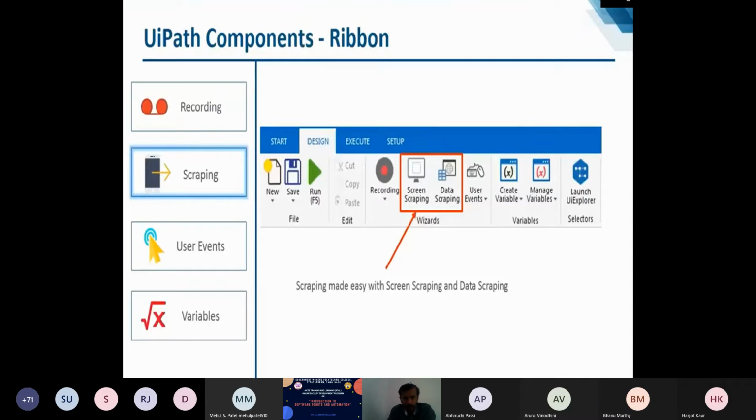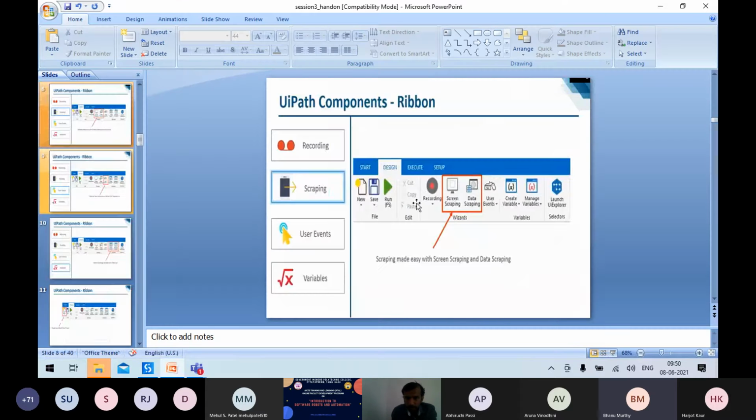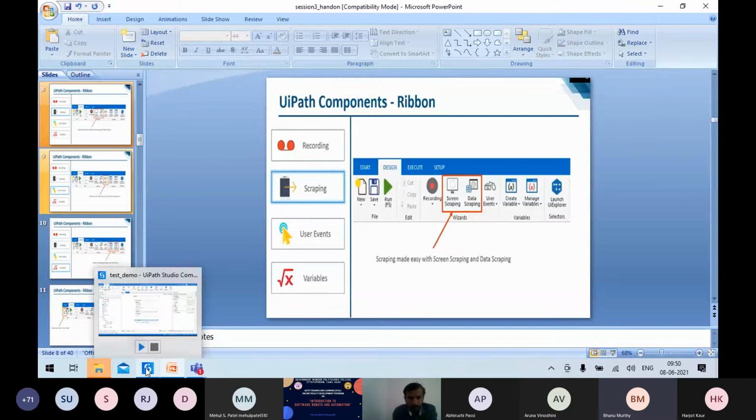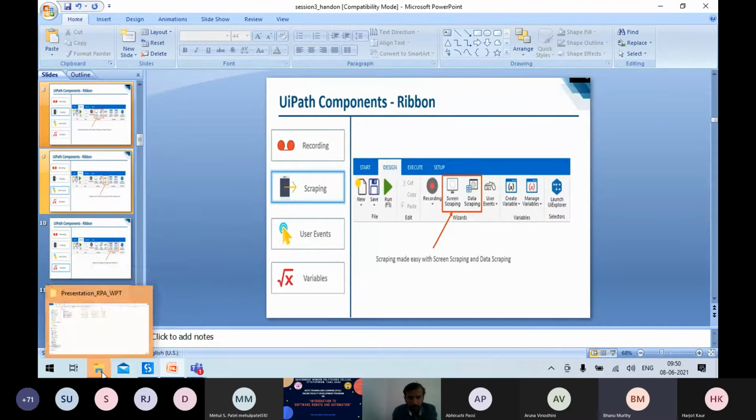Sir, sorry to disturb you. Sir, we have opened the software, but we are unable to locate what exactly you are showing in the PPT. What do you have on your screen? We directly got UiPath Automation Cloud, and in that home, Orchestrator, Actions, Apps, Processes and Admin.